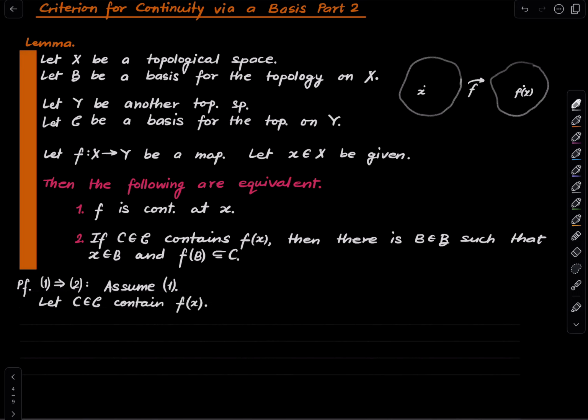Okay. Then in particular, this is a neighborhood of Fx, because the topology generated by C is the same as the topology on Y. In particular, every element in C is open in Y. So this is in particular a neighborhood of Fx. This is a neighborhood of Fx, and therefore by the previous proposition,